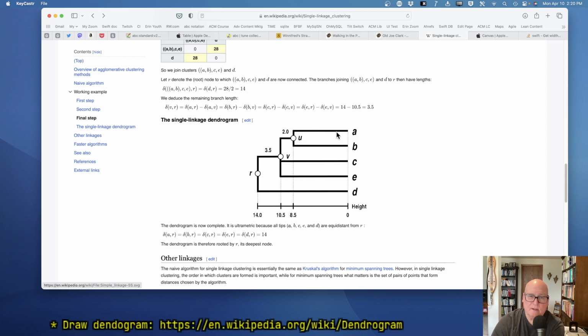Okay, so the distance to the top branch is this, the distance to the bottom branch is that, and place the dot in the middle. And then I would have to know this distance would be 2, and this one's still 10.5. Okay, but if I had all those,